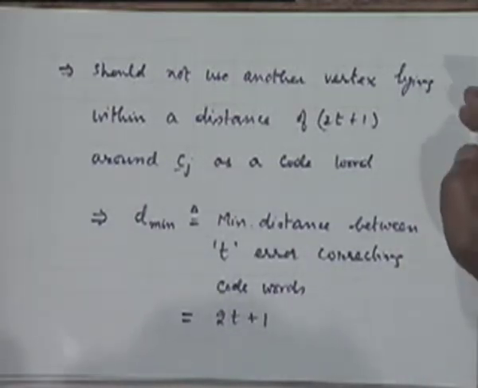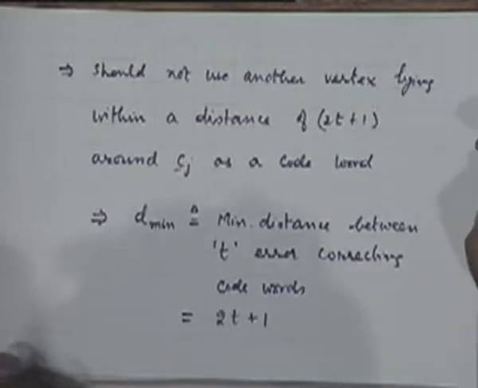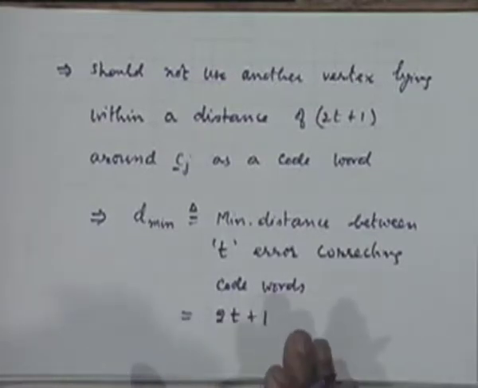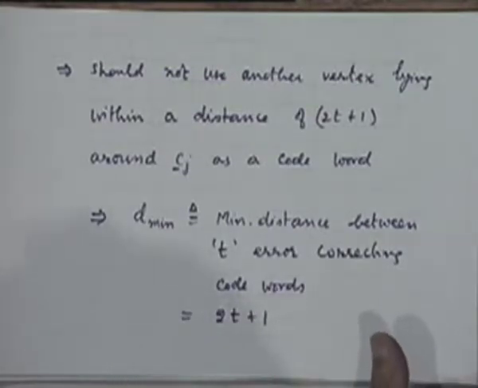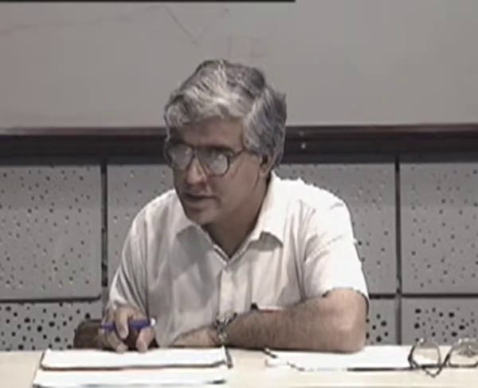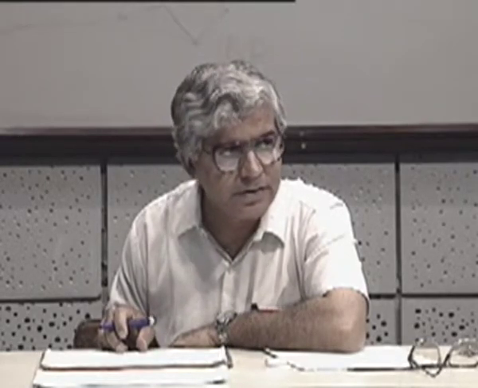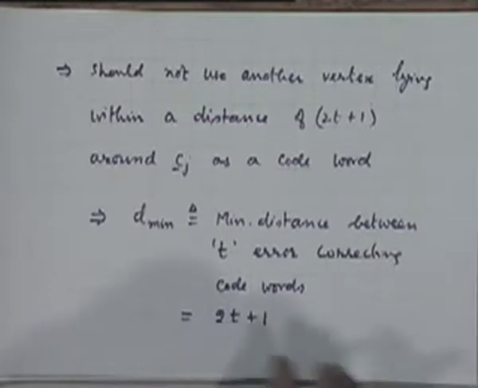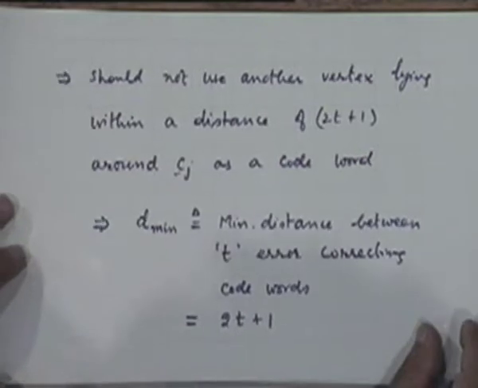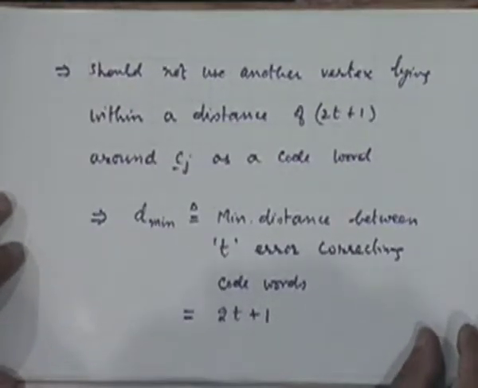So we have not yet answered the question of what should be the relationship between n and k. We started with a more limited understanding of what should be the relationship between various code words, right? If we want T error correction capability, then the various code words that we select should be such that their minimum distance with respect to each other in the Hamming sense is at least 2T plus 1. Okay. Now this will take us further to the relationship between n and k that we are looking for. N minus k equal to 2t plus 1. We'll see that.